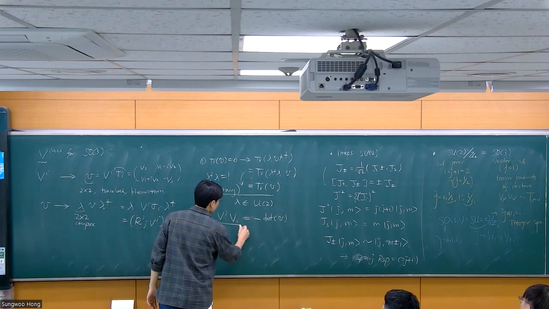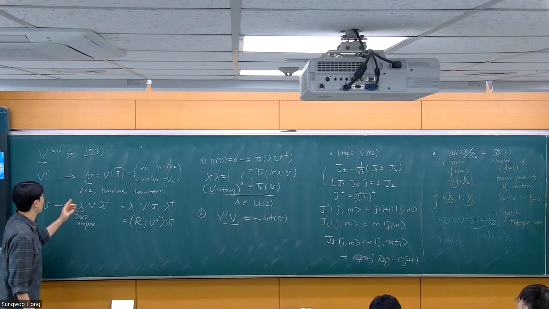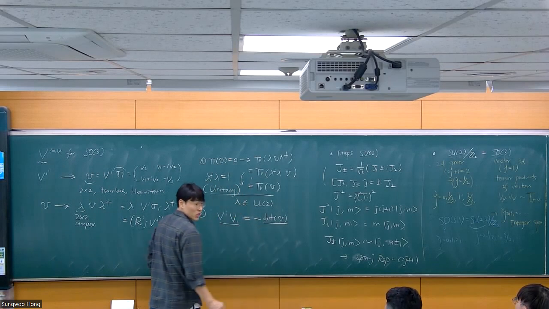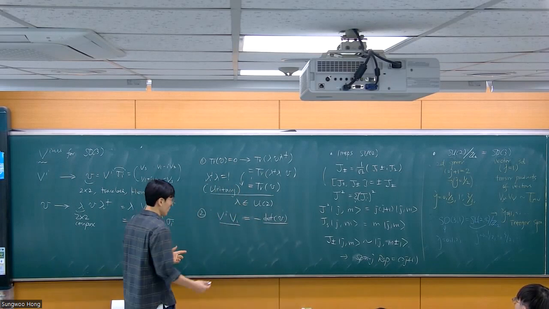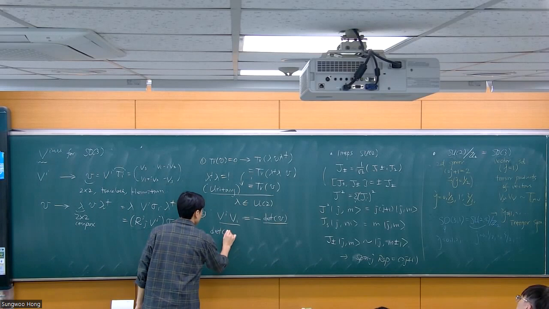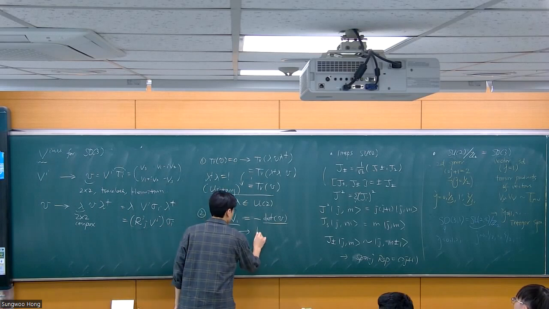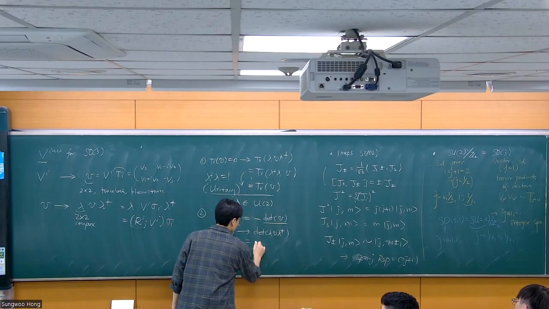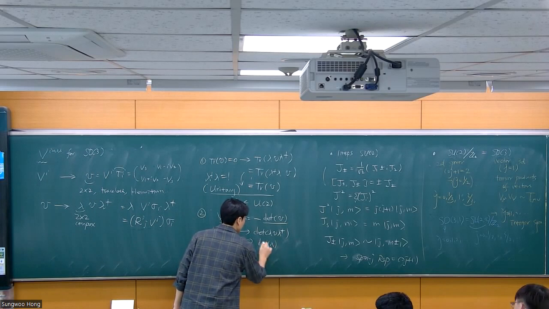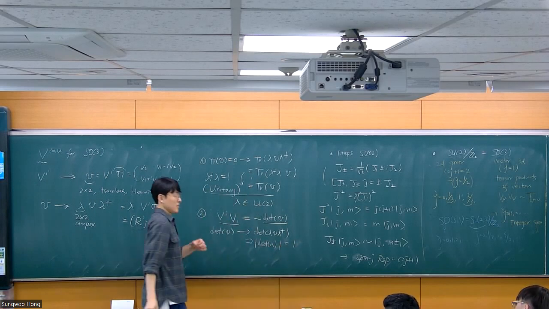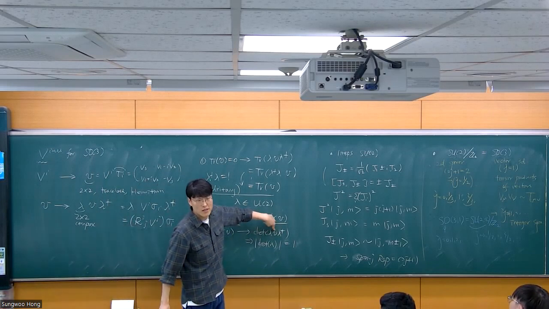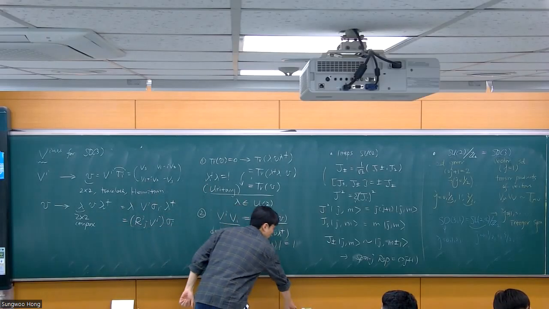So the fact that it's a norm-preserving transformation, which is the defining property of SO3, right? This is an orthogonal transformation, means that the determinant should not change. Correct? So I want to have a determinant-preserving transformation. So that means this. And so that means the determinant of lambda has to be this, because this is the product of the square of the determinant of lambda and the determinant of b. Okay? I'm almost there.